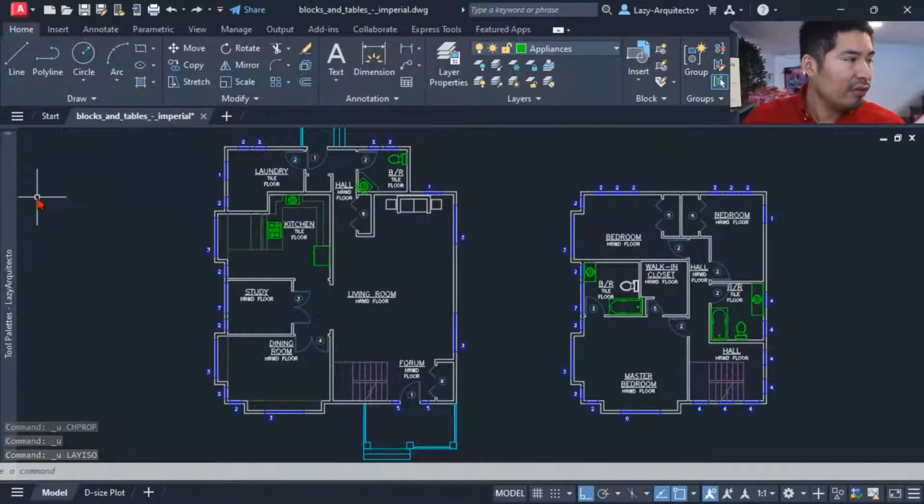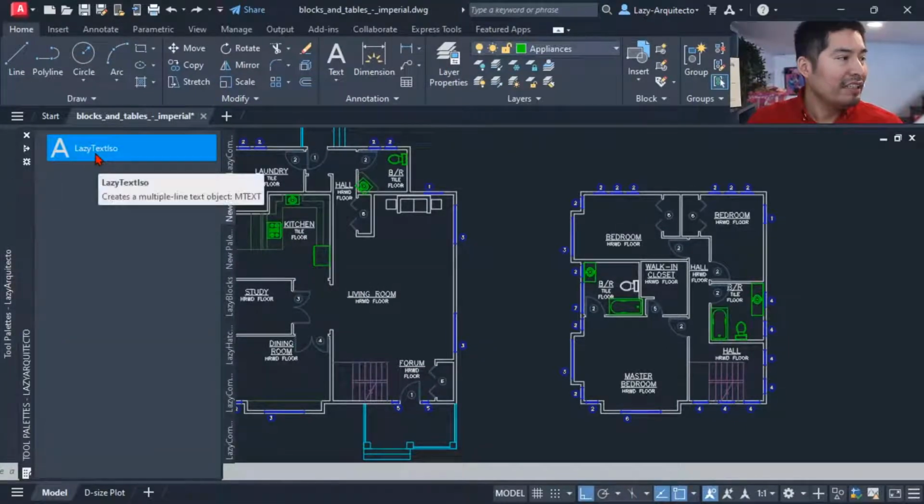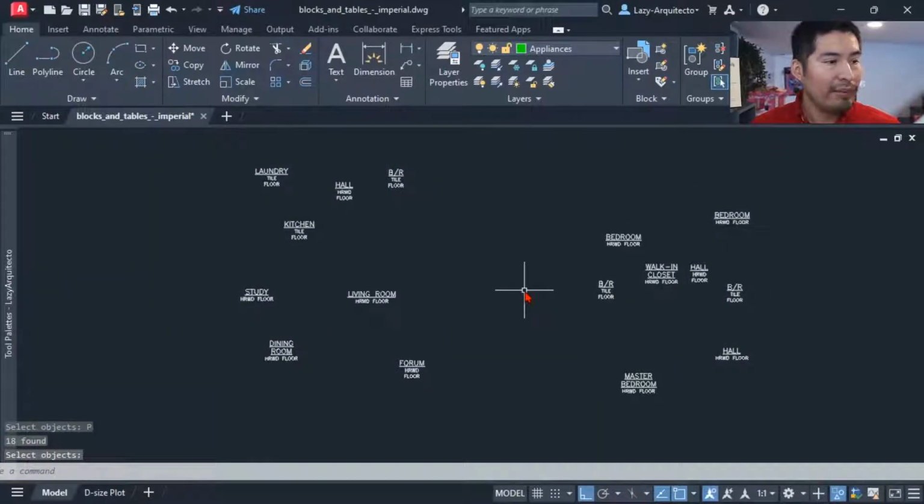This command is called Lazy Text ISO, and it's basically a way to quickly isolate all of our text in our drawing regardless of whether they are on different layers. So let's quickly test it. Let's click on it and boom.